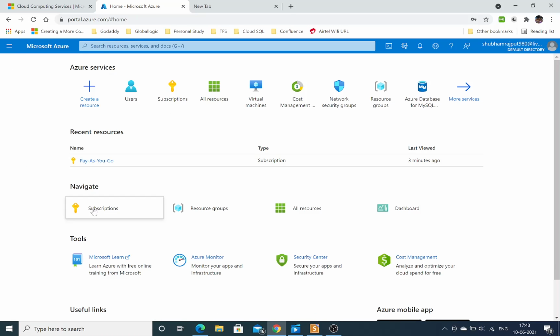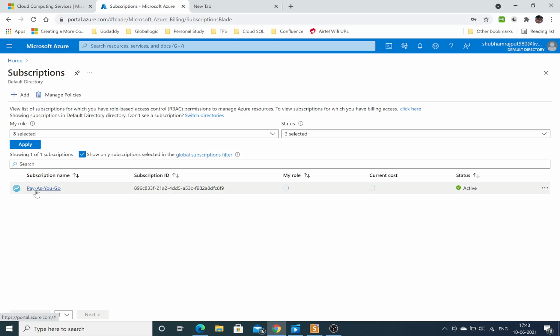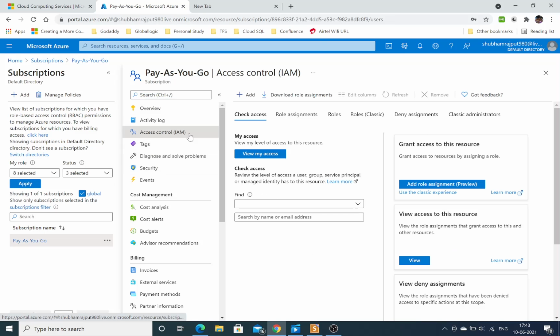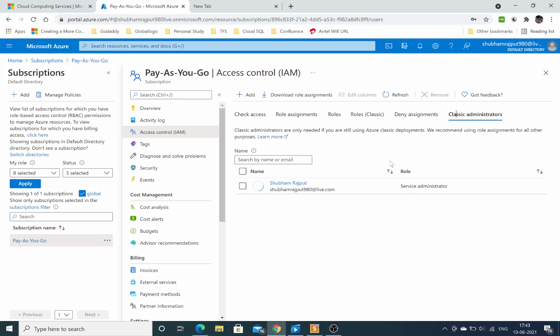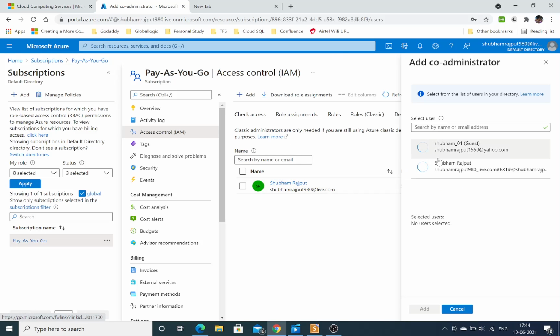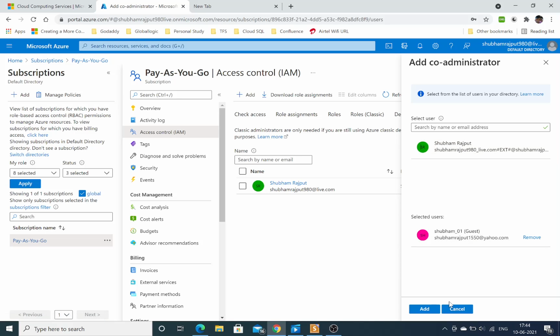Go inside the subscription, then IAM access control, and from access control go to the classic administrator. You can see that there is only one service administrator. You can directly add a co-administrator from here. The user which you created earlier in the Users section, you can select from here and add.